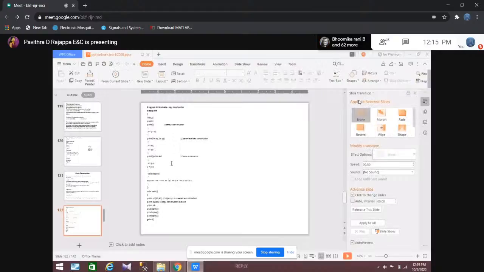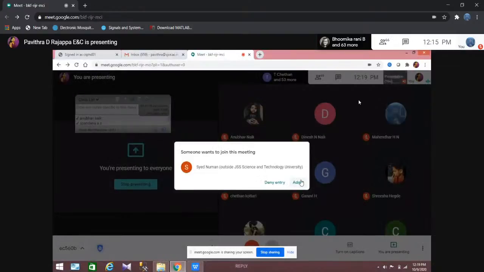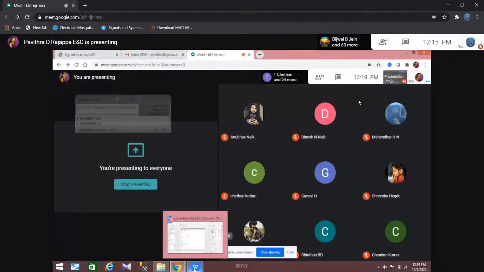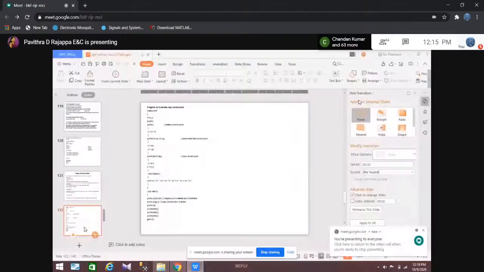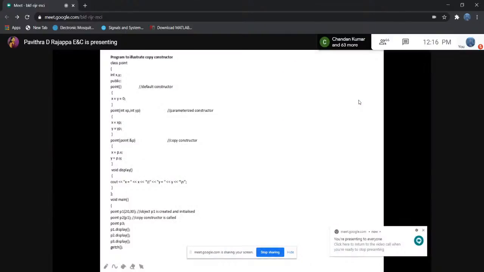So therefore, here in the copy constructor, by using this object and the dot operator, I am able to access the x and y variables. So therefore, p dot x is assigned to x and p dot y will be assigned to y. That is, I am assigning the x and y values to again x and y.